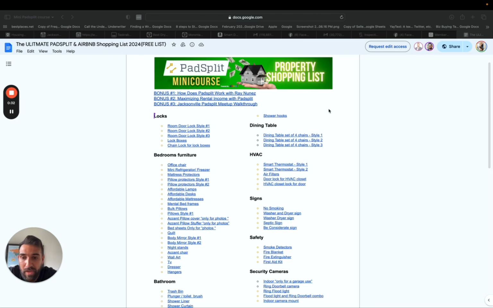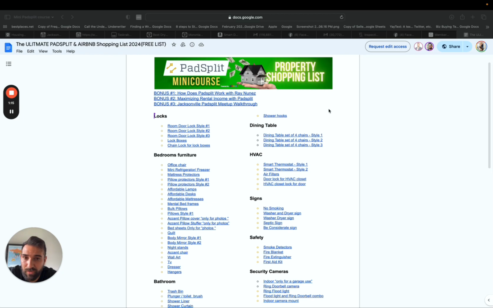Coming from that space, you can see that I have now added PadSplit into my tool belt. Having all these experiences under my belt, selling hundreds of properties on the retail market, and now adding PadSplit into my arsenal of exit strategies when I acquire a piece of real estate, I have consolidated this shopping list for you guys because I know the agony of going through all the guesswork. A lot of times, if you're a 9-to-5er or somebody just starting out in real estate, this can be very overwhelming very fast,